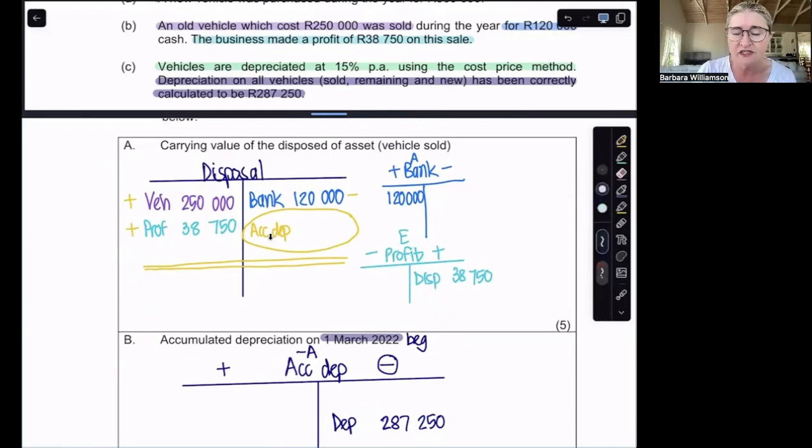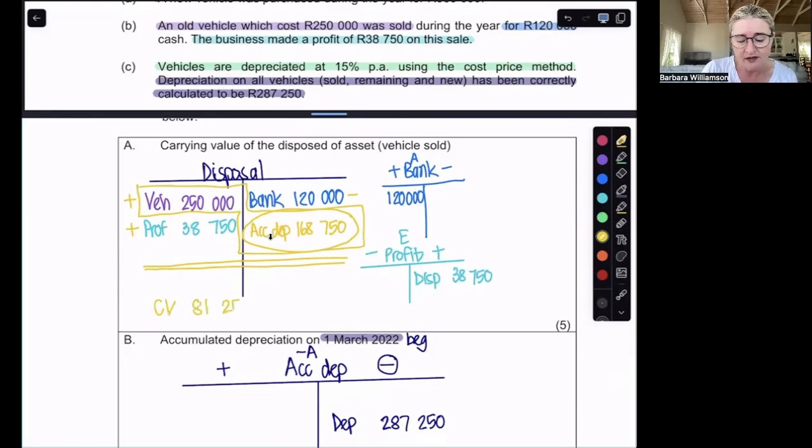When you work it out, you'll see that the accumulated depreciation comes out as 168,750. Once we've got that, it's very easy to see that you can work out the carrying value of the disposed asset, because you simply need to take a combination of your cost price plus or minus, I should say, your accumulated depreciation. And that will then give you your carrying value of